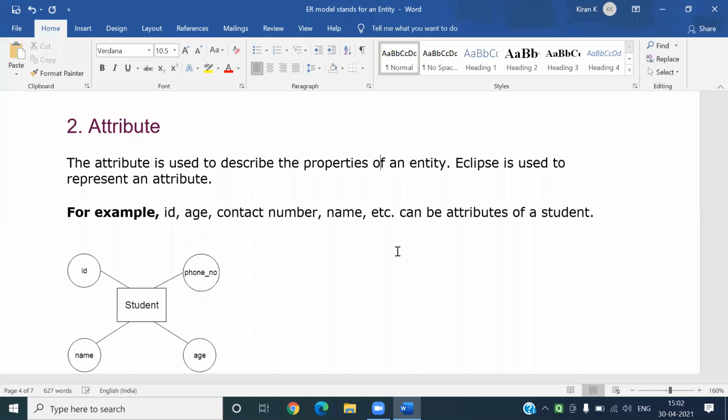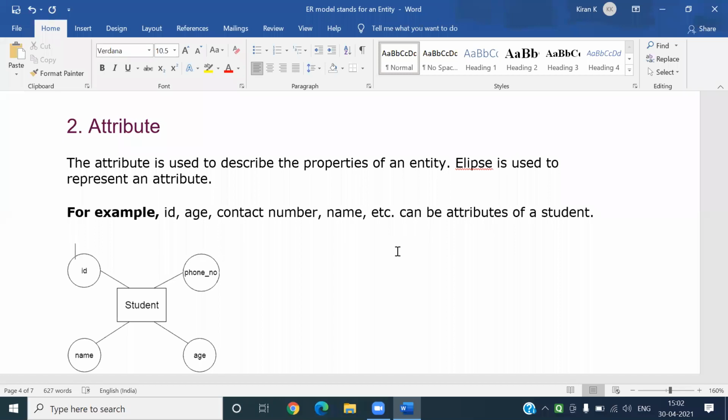An ellipse is used to represent an attribute. For example, see the attribute.